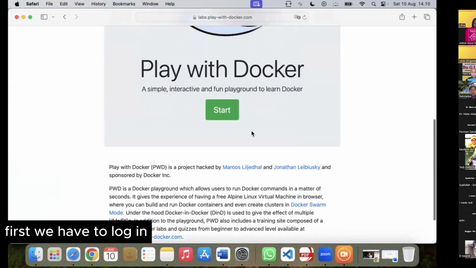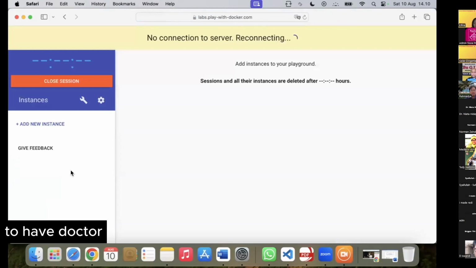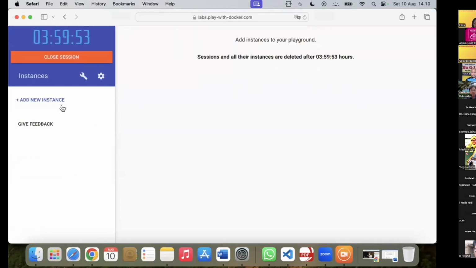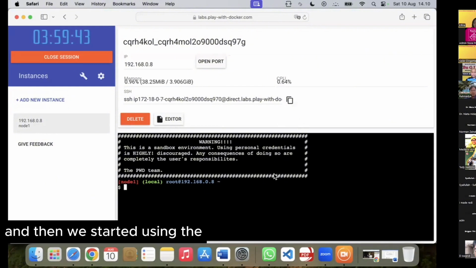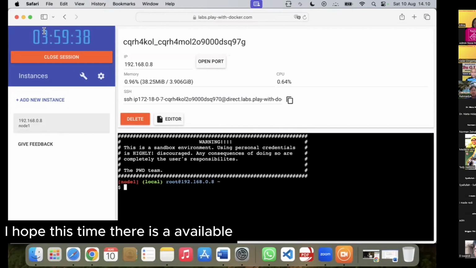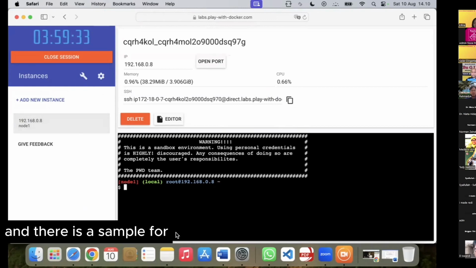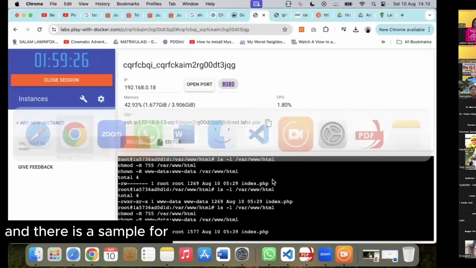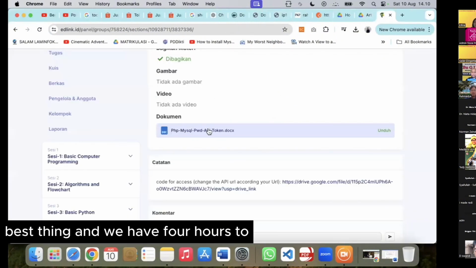First, we have to log in to Docker Hub and then go to Play with Docker, and then we start using it. I hope this time it is available, and there is a server for testing.